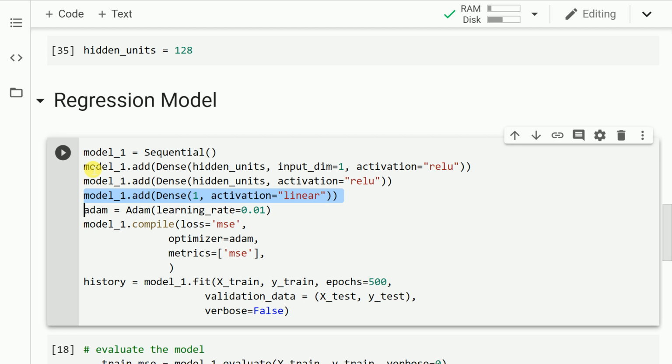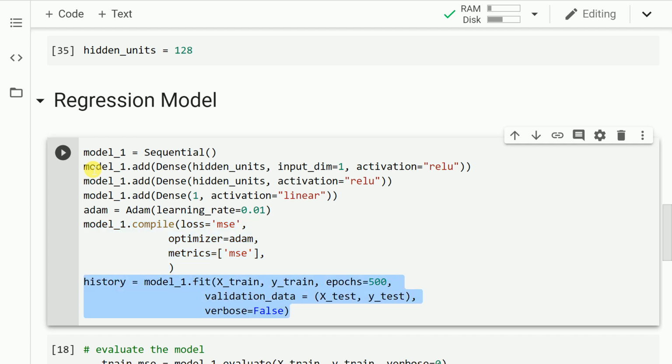Moving to the final layer, which is the output layer, I've chosen an activation of linear because this is a regression task and not a classification task. I define the Adam optimizer with a custom learning rate, which is 0.01. By default, the learning rate is set to 0.001. I want it to be a bit higher. The next thing I do is pass in the loss, which is mean squared error in the case of a regression task. The optimizer is the custom optimizer that we just created. And the metric that we want to track the performance of this model with respect to is mean squared error.